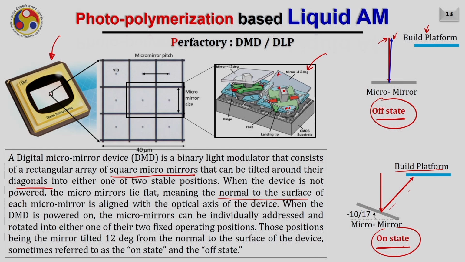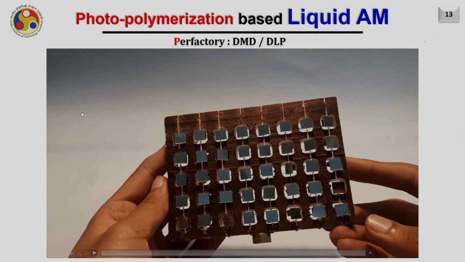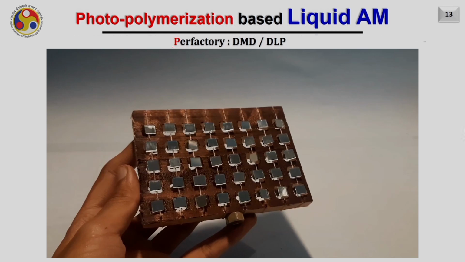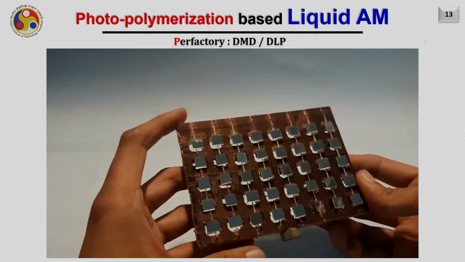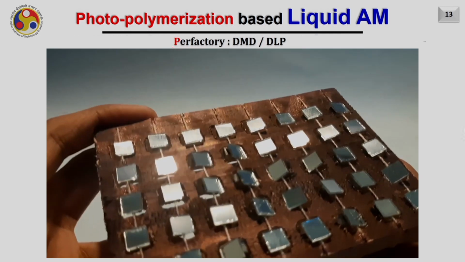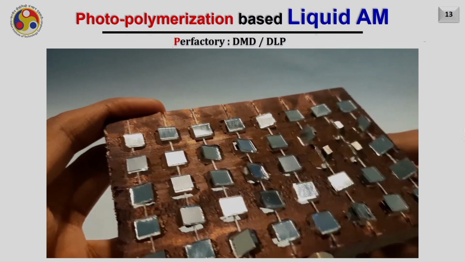And if you zoom in at a very small area, what you will see is nothing but the array of square mirrors. There is a nomenclature which we are using here: this is the via, the distance between two mirrors is the pitch, and this is the size of the micro mirror. So let me give you a demonstration of the macro scale version of the DMD. We have also made a macro scale version of the DLP. Each mirror on the back side consists of a magnetic material. When a permanent magnet moves, you can see the mirrors are deflecting about their hinge point.